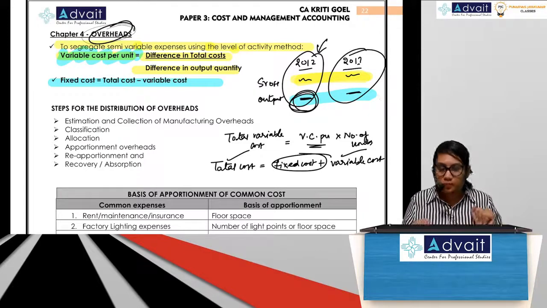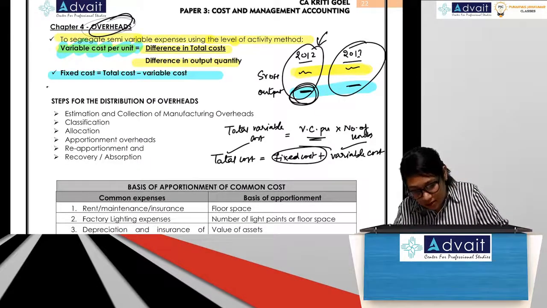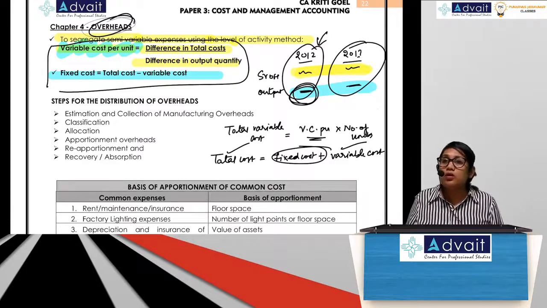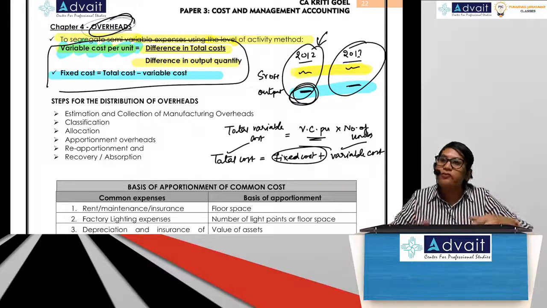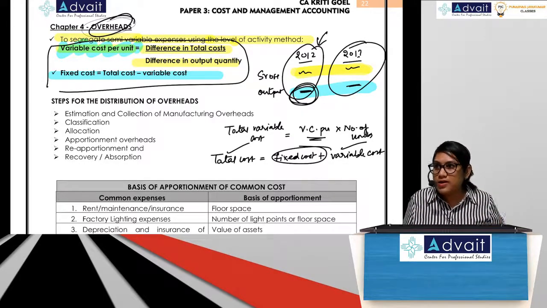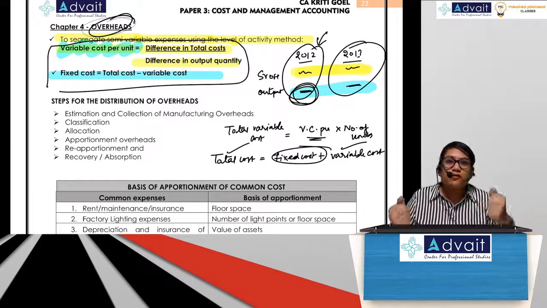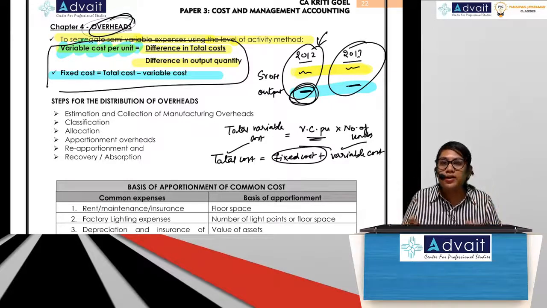Cool. Okay, so this was one part of this. This formula is important because it not only comes in this chapter, but it also comes in other chapters. Suddenly in service costing they'll give this. So you should know that semi-variable overhead has to be split in this manner. Suddenly in some other chapter they will give this. So you should remember, semi-variable overheads have to be split in this manner.